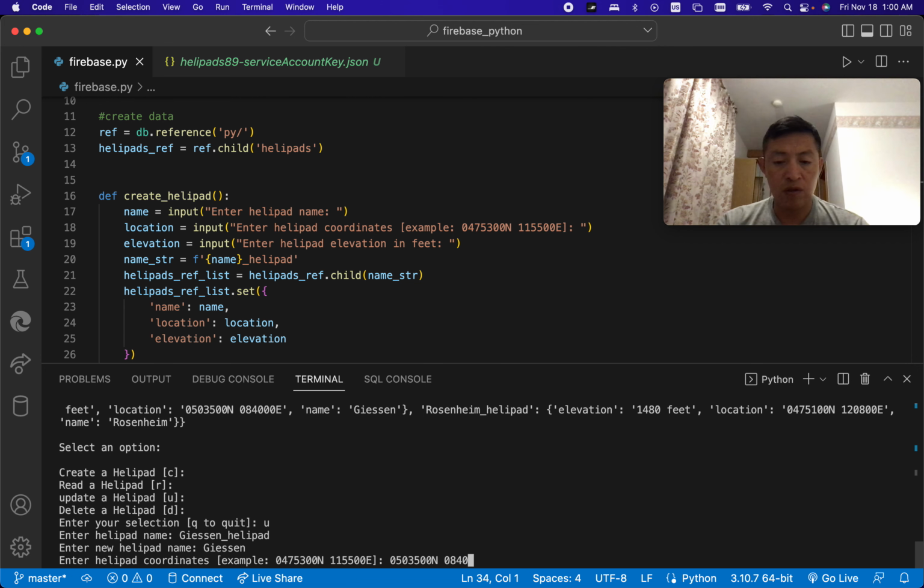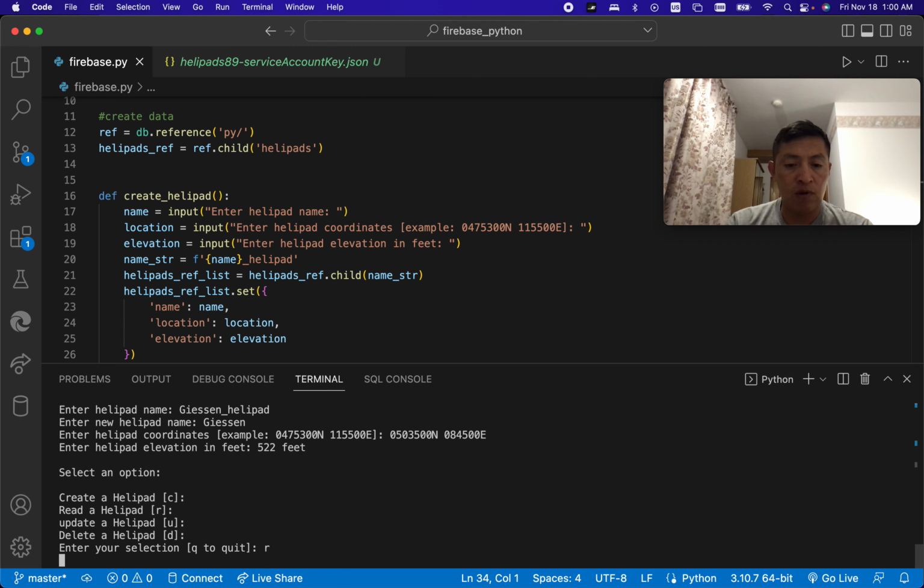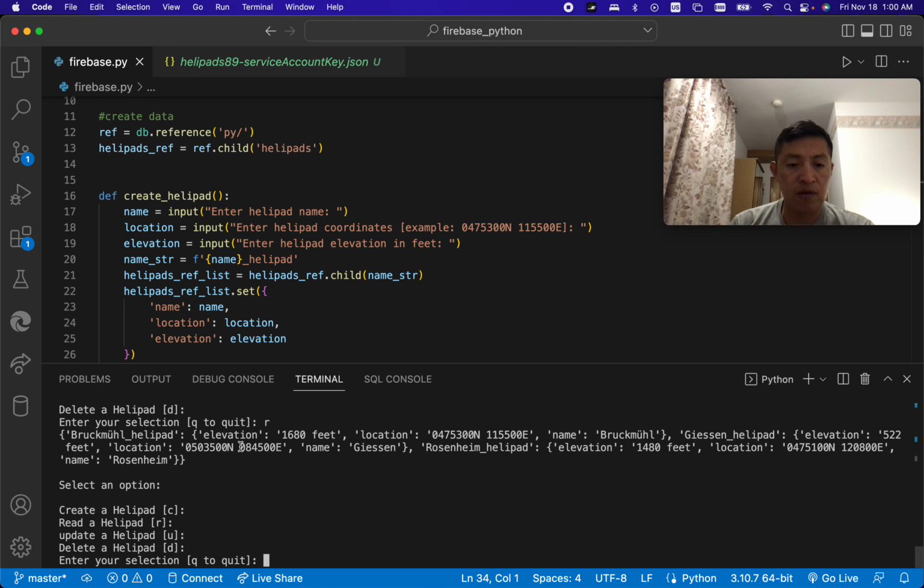08 40. In this case we're going to change this to 45 just to update the different information, and then we're going to put east, and keep in mind Gießen previously has this location. Now we're going to update with 45 minutes, so just enter. In elevation, the same 522 feet, and then voila, you will see Gießen helipad now has an updated